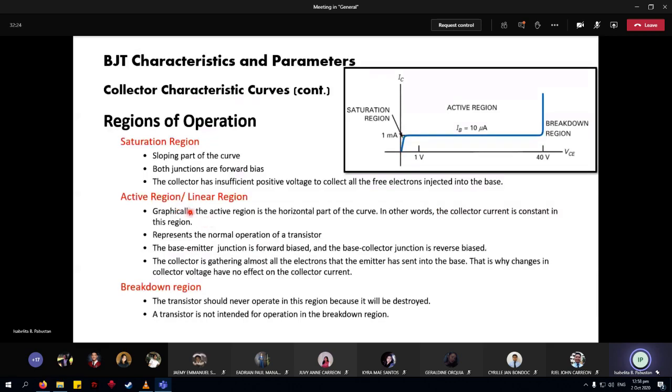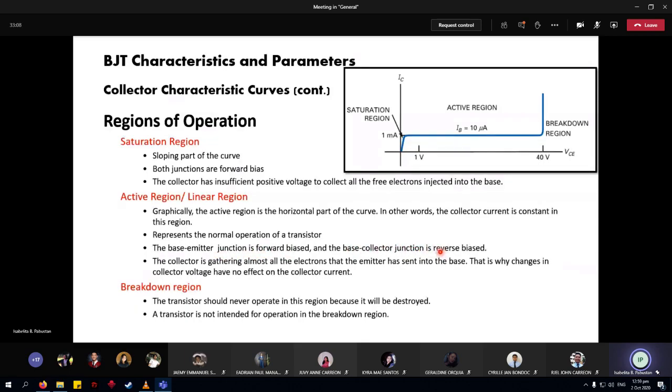This one is the active region. This one is the one in your assignment. The base emitter junction is forward biased and the base collector junction is reverse biased. The circuit on your assignment, which is like this one, especially the number 2 circuit, the base emitter there is forward biased and the base collector junction is reverse biased. But for the number 2, it's not like that, you only have this base emitter forward and base collector reverse